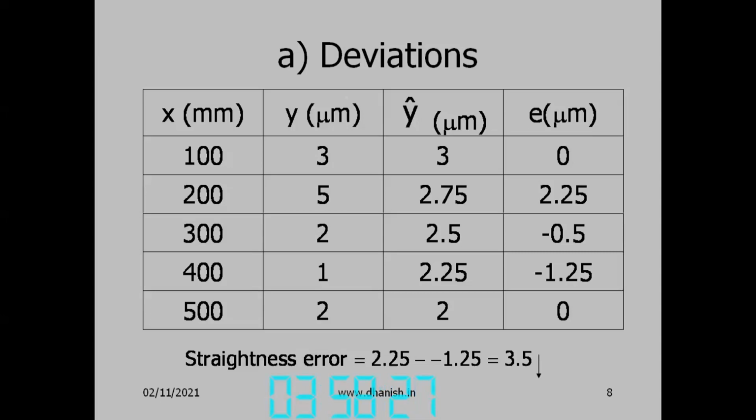So that is the straightness error with respect to the endpoint line. Instead of using an equation, we are using a tabular method, as we learn with the autocollimator. That method used to be taught even before I joined NIT. When we purchased the autocollimator, the manual had that method, so we have just continued with it. We did not change the instruction. It is given in the manual. Just show the manual.